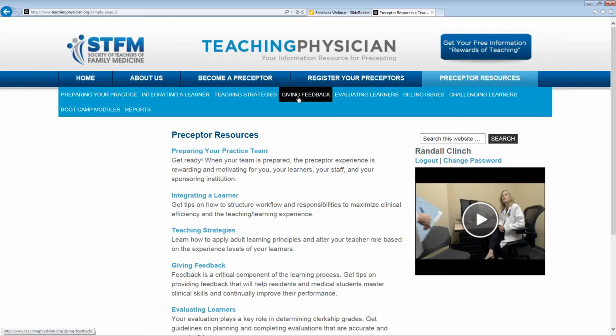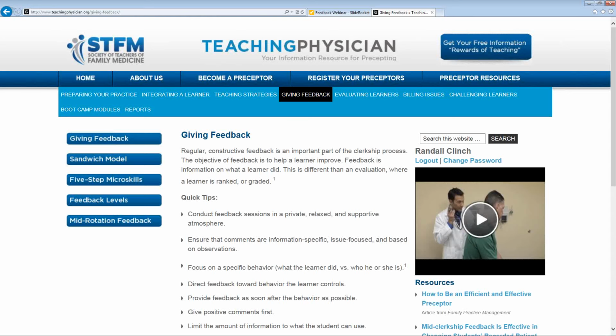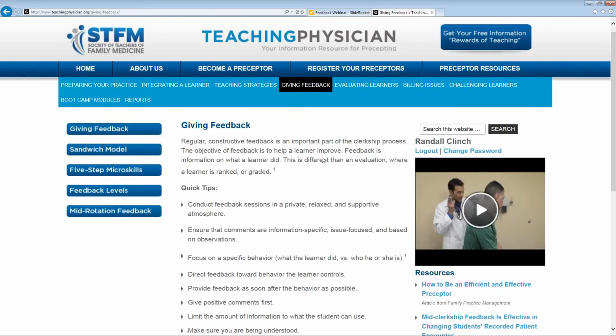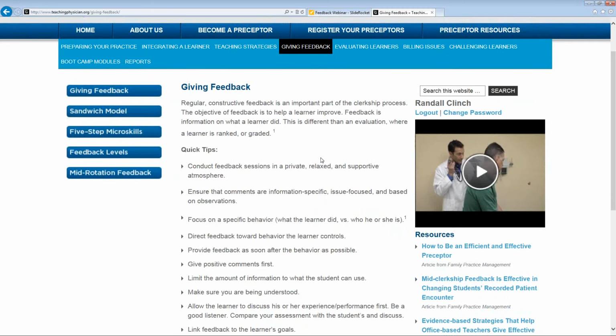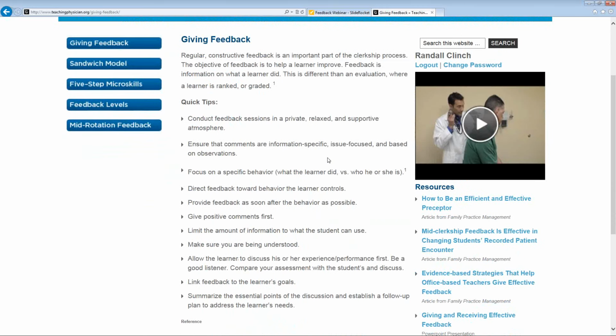So you can get to the giving feedback section through this tab up here, or the link is active down below where it says giving feedback. So either one you can click on, and it'll take you to this giving feedback section. The website is set up the same way basically across the pages, so as a bit of a guided tour, once you get used to how the website is set up, you'll be able to then explore the content in the other areas.